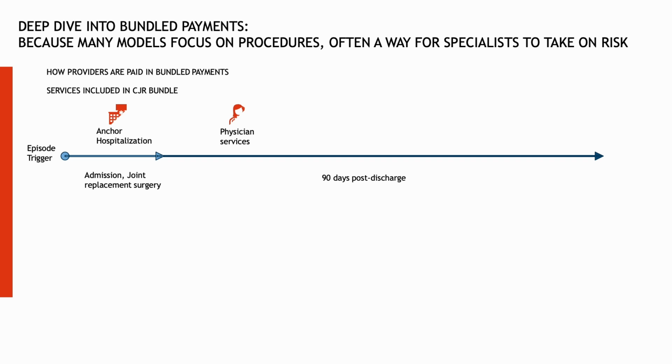The episode starts with an anchor, the hospitalization as the anchor, where the patient undergoes the joint replacement surgery. The patient is then provided physician services, skilled nursing facilities, and probably some level of inpatient rehabilitation facility, long-term care if required, and physical therapy on a